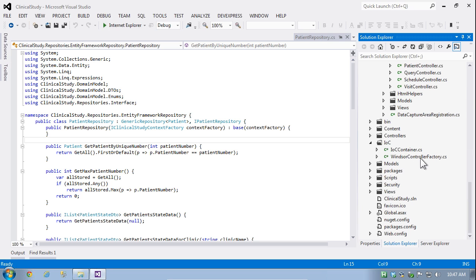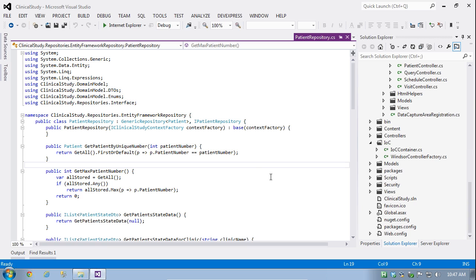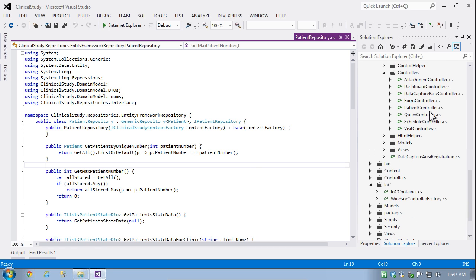Now, you'll see here it says Windsor Controller Factory. What it's actually doing is replacing the controller structure inside of .NET. And so what's great about it is Castle Windsor is the one that says, oh, they've hit patient repository, there's an interface out there, let me go figure out what the actual class is, new it up, give it to them. And by what we did there, essentially we flipped the role, and now Castle Windsor is the one saying, okay, somebody's requesting this, let me give it to them. And by doing this, it allows us